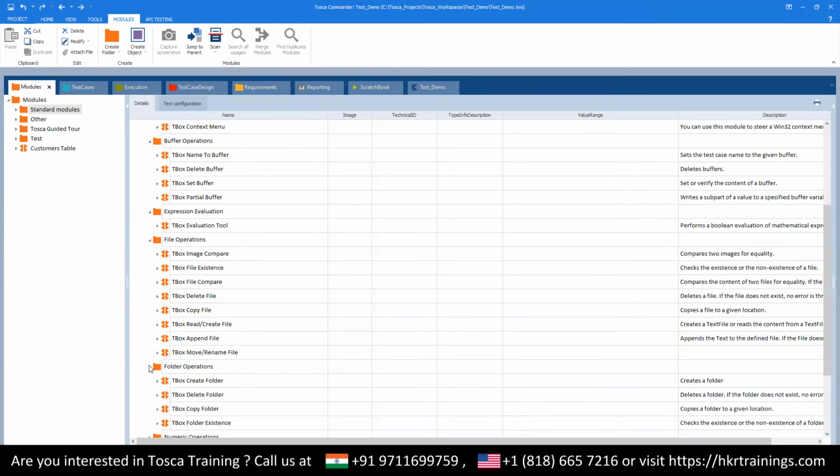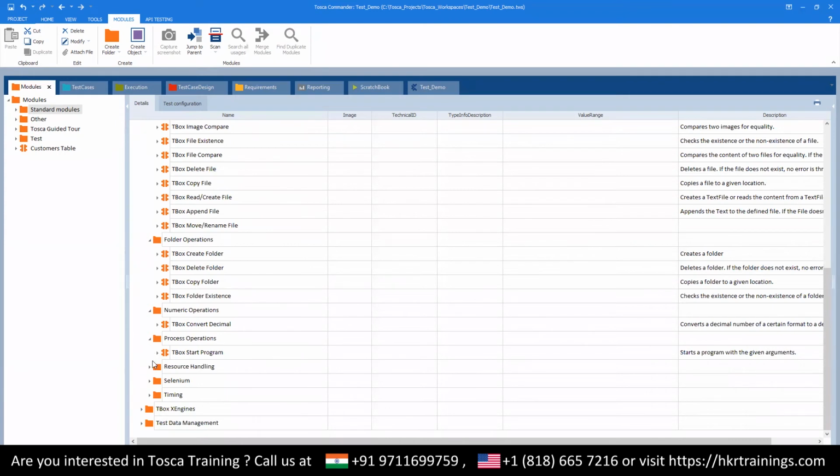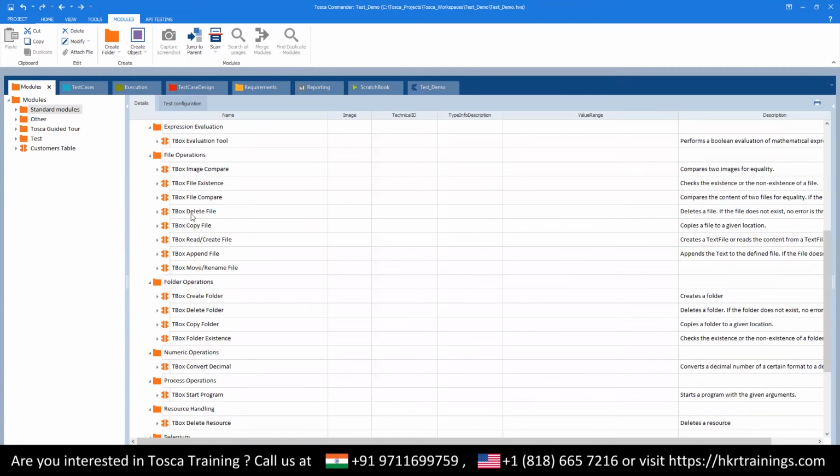So you can use these modules to do the daily routine tasks. So copying from one file location to another file location. And if you have some data to put on, you can do it. You can delete the file, you can copy, create, append, whatever you want to do. If you want to write any certain line of text, for example, in mainframe,